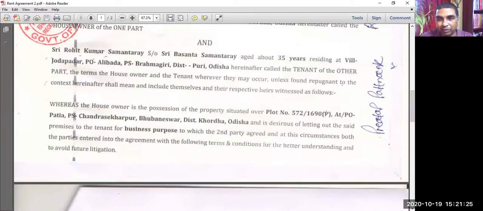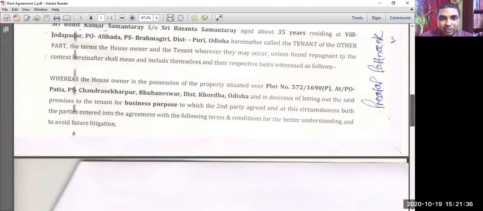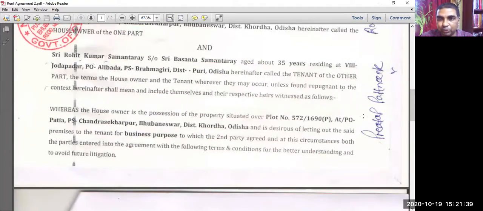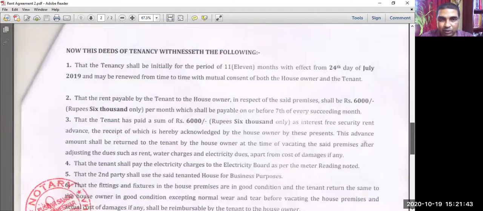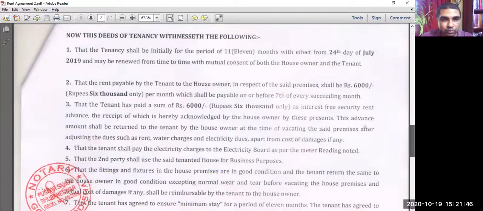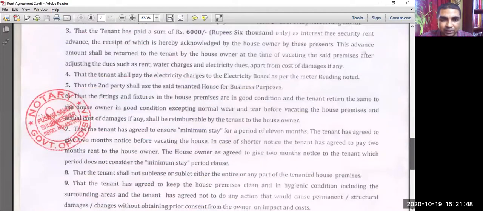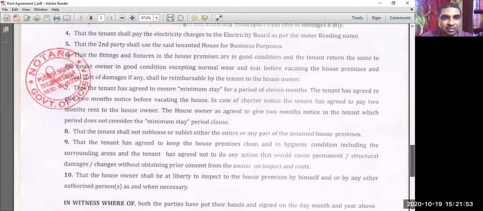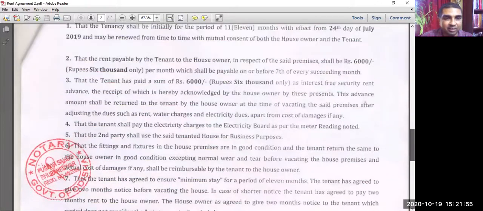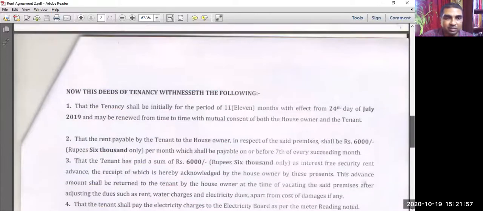The department will also ask you to attach an electricity bill to show that actually the owner of this particular place has entered into the rent agreement. To see that, in addition to this rent agreement, an electricity bill will also be required. And one more thing, this should also show that this building is for commercial purpose. Is it written here? Can you show me where it is written in the agreement? For commercial purpose.